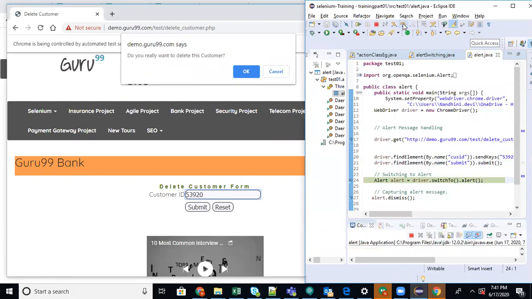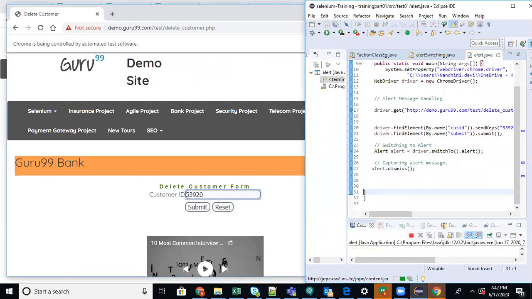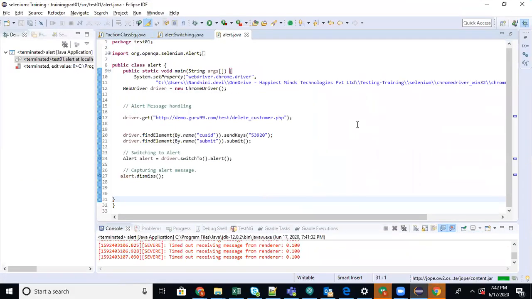So what we are going to do is switch to the alert. After that, dismiss. Dismiss means it will disappear. So the assignment today: you can take the same site. Instead of dismiss, you accept the alert. Once you accept, another alert will be there. Accept that also. This is the assignment for today. Please check over, and tomorrow we will see the remaining things.